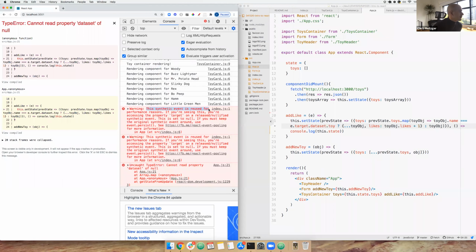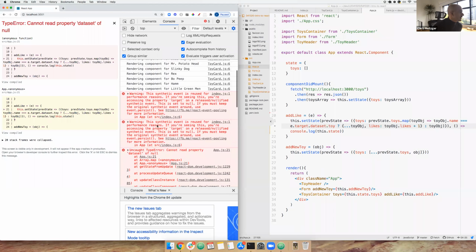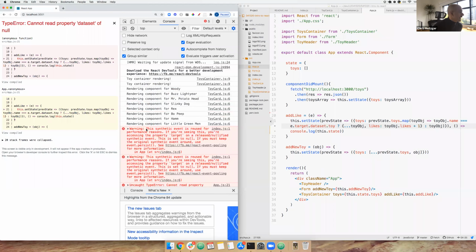This synthetic event is reused for performance reasons. If you're seeing this, you're accessing the property target on a released and nullified synthetic event. This is set to null. If you must keep the original synthetic event around, use event.persist. So all this is saying is that